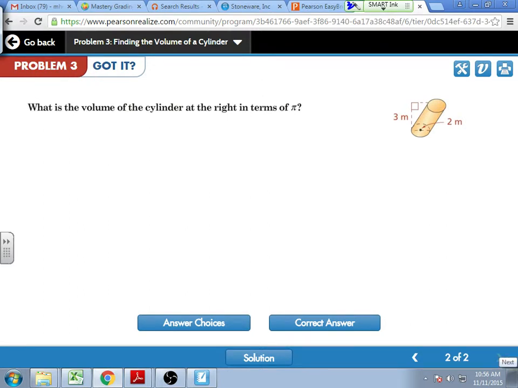2 meters is the diameter. Give me the height. Yeah, so here's where they're trying to trick you. 2 meters is the diameter, but you don't know the height of the cylinder here. So you need to figure out the height of the cylinder. How can we figure out the height of the cylinder? Jacob, you got an idea? So you draw a line down, and because it's a right angle, you figure out that that other segment is also 2 meters.